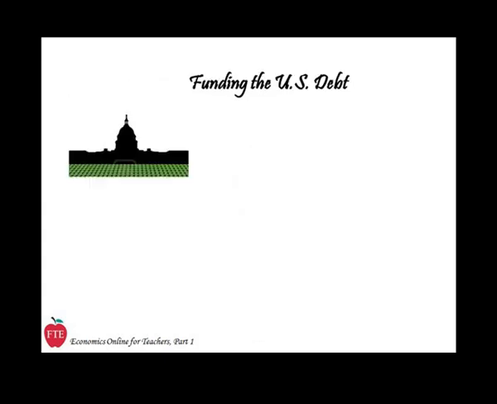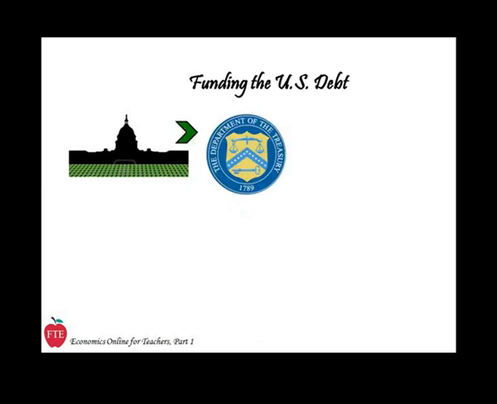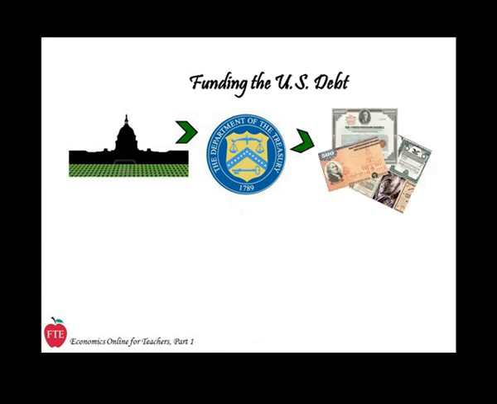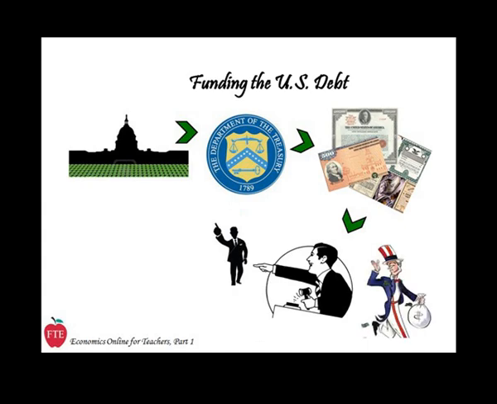When Congress authorizes expenditures beyond the tax revenues of the federal government, the U.S. Treasury Department must fund that debt by issuing securities: Treasury notes, Treasury bonds, Treasury bills. People and companies who buy these securities are in effect lending their money to the government, which means they can't spend the money themselves. The reward they get for doing this is the interest they're paid when the bond or